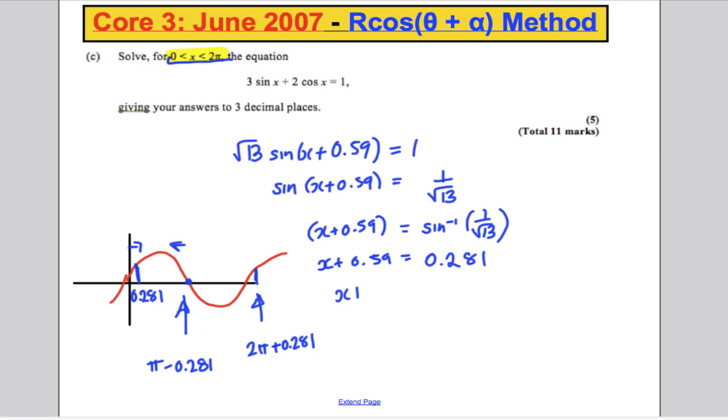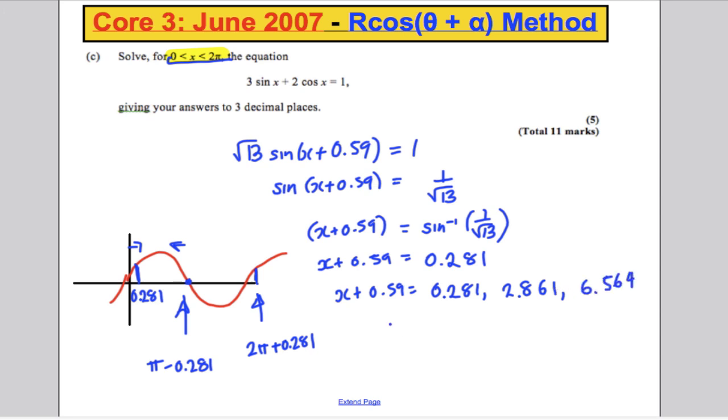Okay, so x plus 0.59 will be on the one hand 0.281, on the other hand pi subtract 0.281, which is 2.861, and on the other hand 2 pi plus 0.281, which is